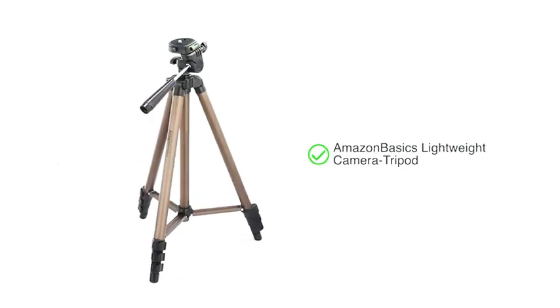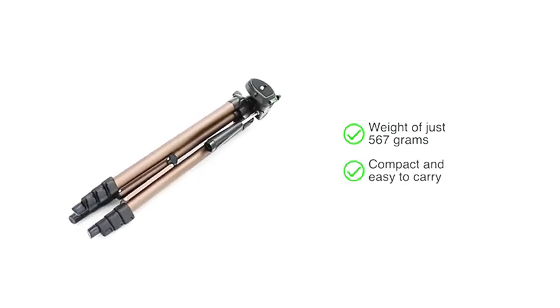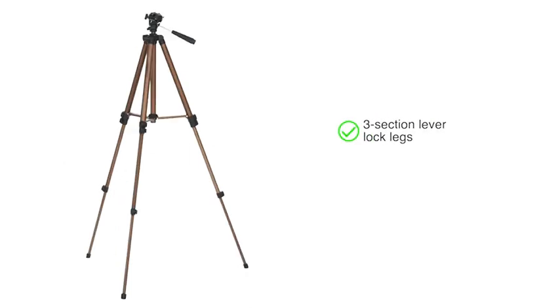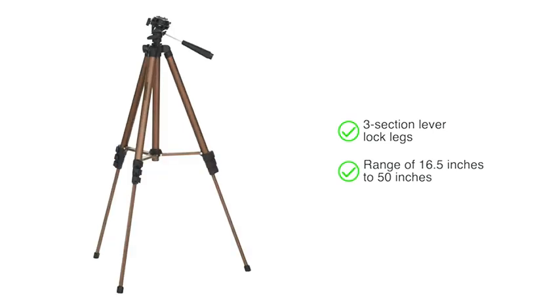Presenting the Amazon Basics Lightweight Camera Tripod. With a weight of just 567 grams, this foldable tripod is compact and easy to carry. The 3-section level lock legs allow you to quickly adjust the height of the tripod in the range of 16.5